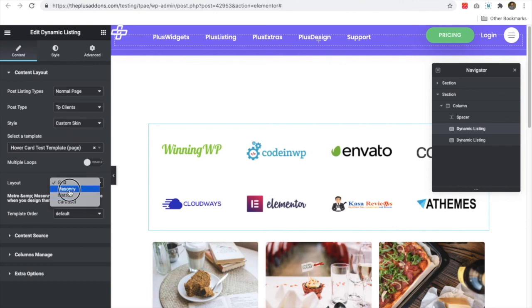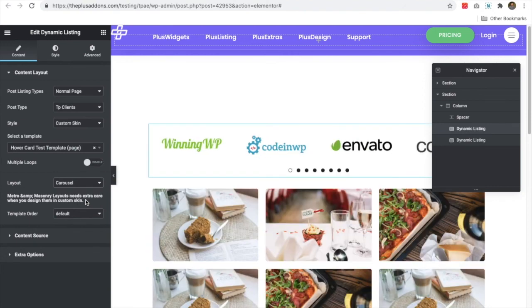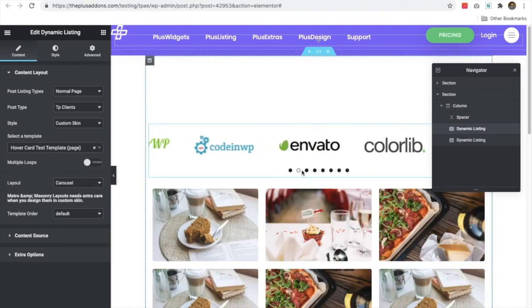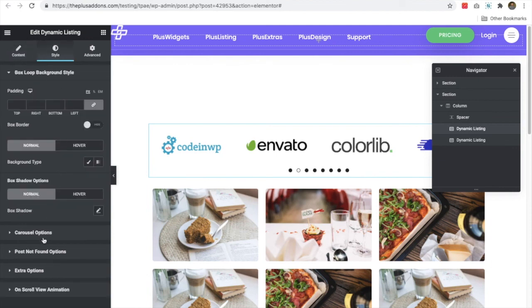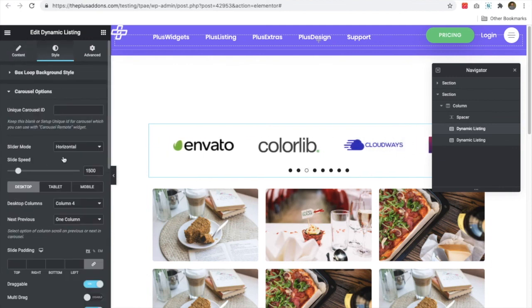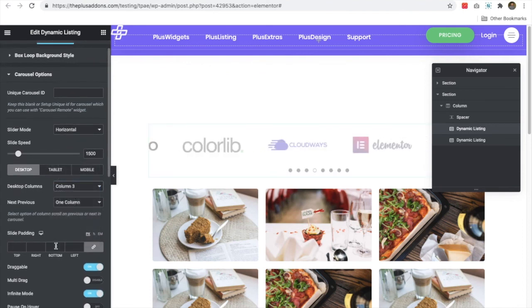Then you can also change that to masonry, metro, or carousel. You can make it a carousel like this. Even if you want some extra options, you can go to the carousel options, change its column.